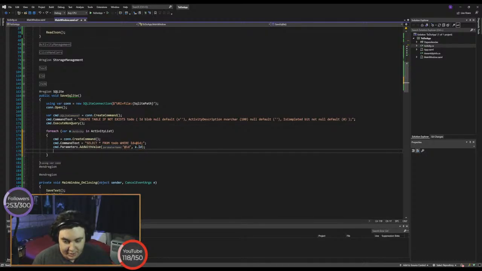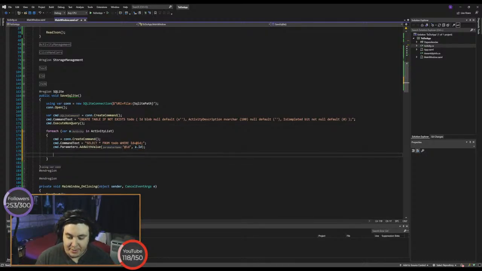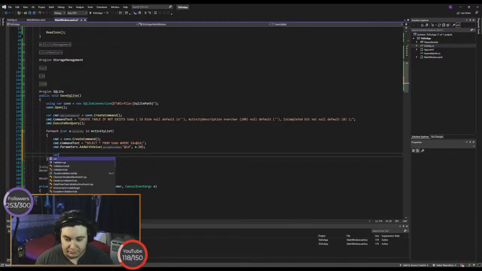Okay. And then what we do is now we're going to make use of Dapper. Well, executing a query isn't a Dapper thing. Yeah, this is going to be the first point at which we actually use Dapper. So we want to do var e or exists or something. I'm going to do exists equals